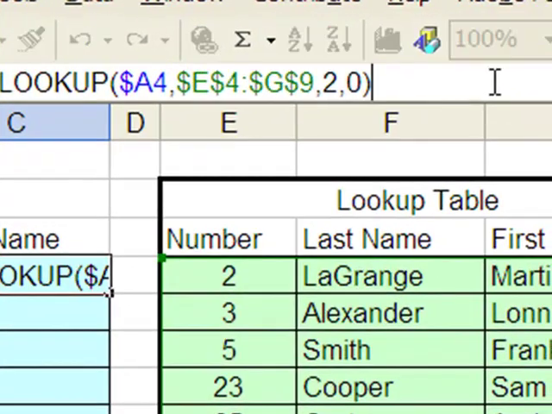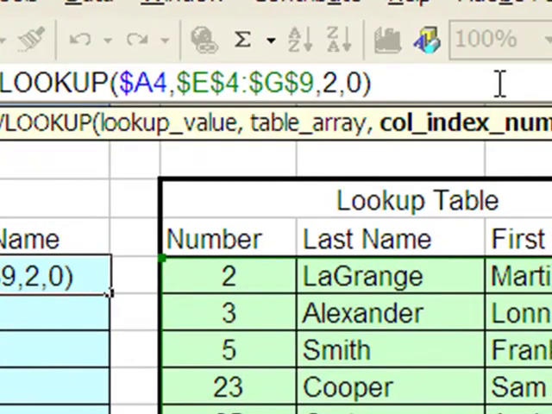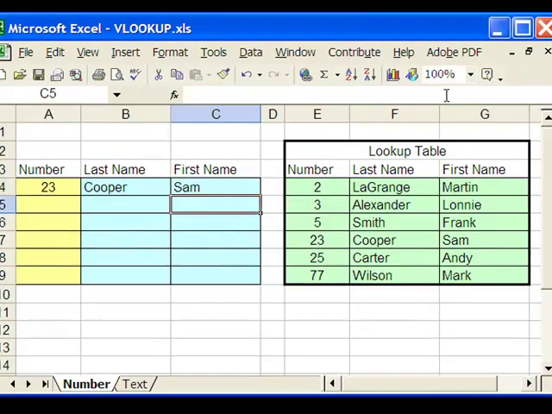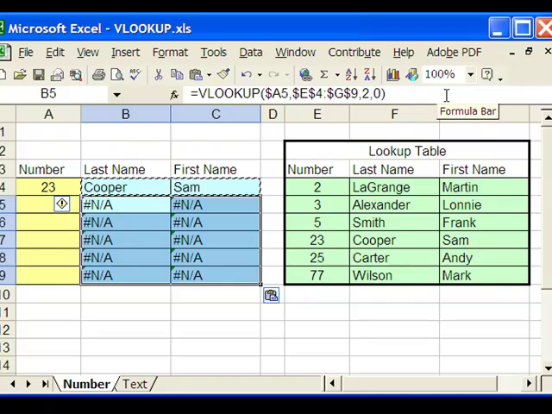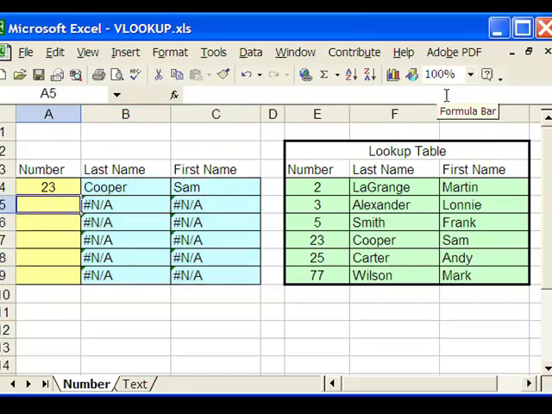Okay, now when I copy this over to here, you will note that it is still getting the same column index. So what I want to do is go over and change this to a 3. Now I get Sam Cooper, which is the value for that. If I highlight these, now I can copy them down, and now I have the entire array, so I can fill in